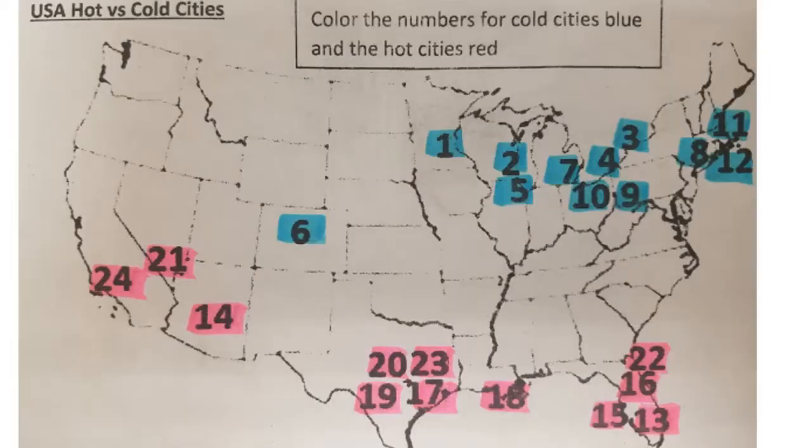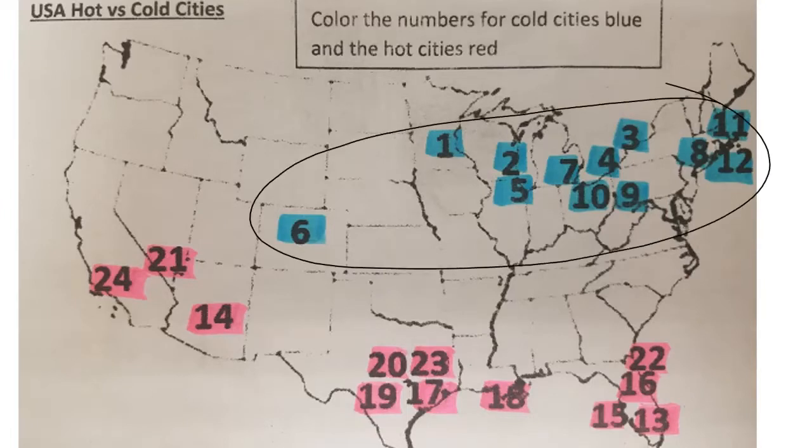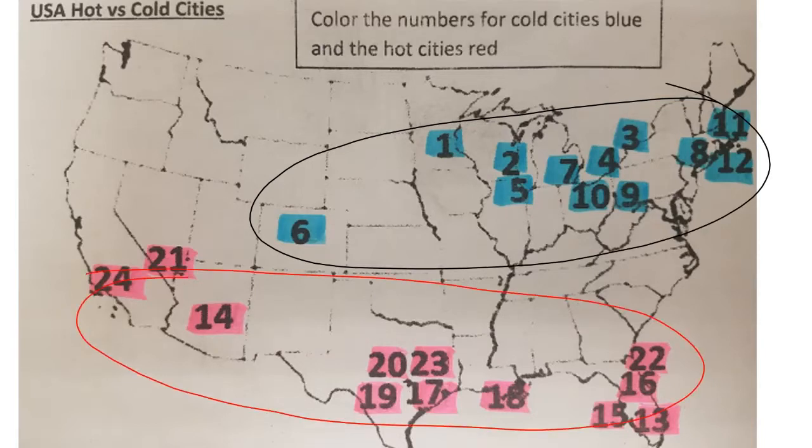Here's a little graphic of the hottest and coldest cities in the United States, and you'll see what we already know to be true. It seems like all the cold cities are up north, and it seems like all the warm cities are down south. And that is true. The question becomes why? Why is it cold up north and hot down south?